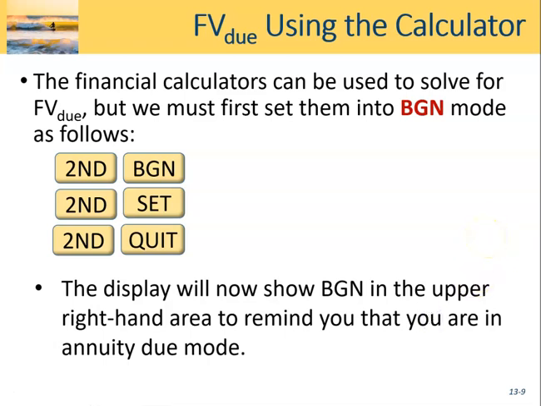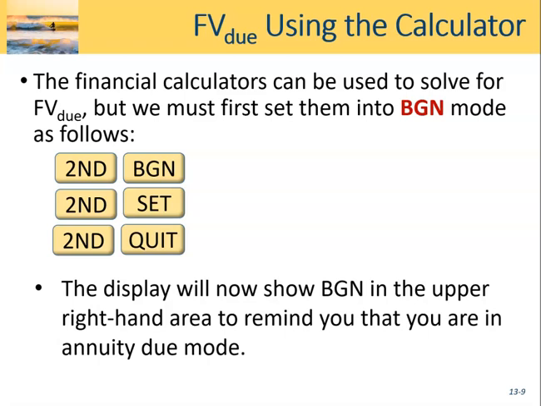So what we're going to do for the calculator is we're going to move it into a new function. Okay. Then the information that we put in there related to the calculation, it knows that it's a beginning mode or a future value due that we need to calculate. So what you need to do is take your calculator and hit second, BGN, and the BGN is behind the PMT button. So you want second BGN,